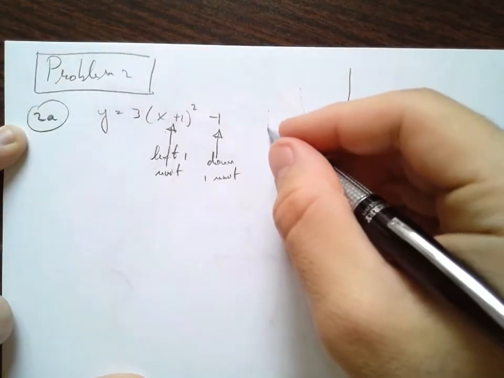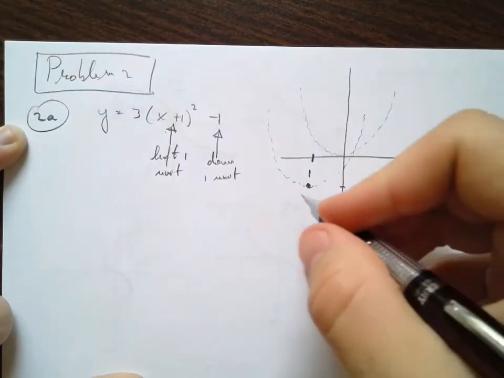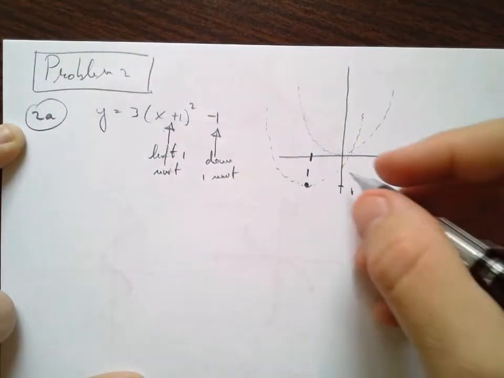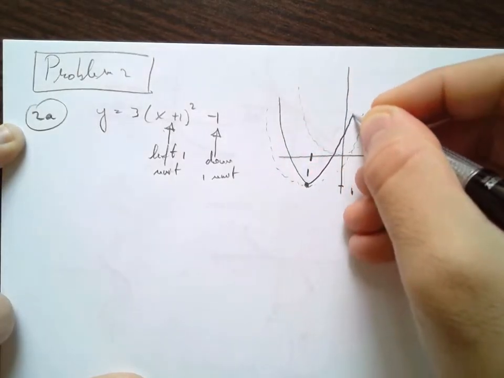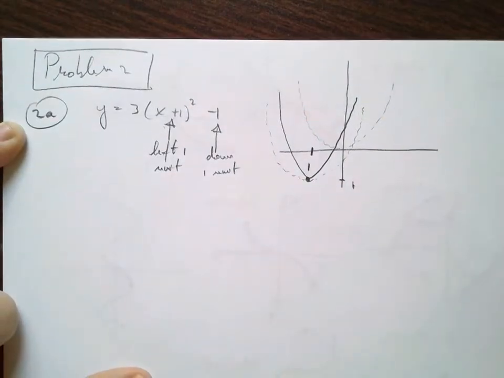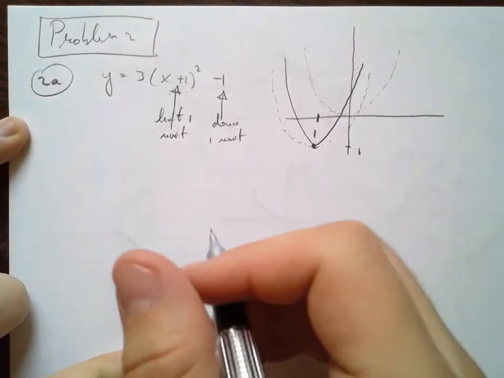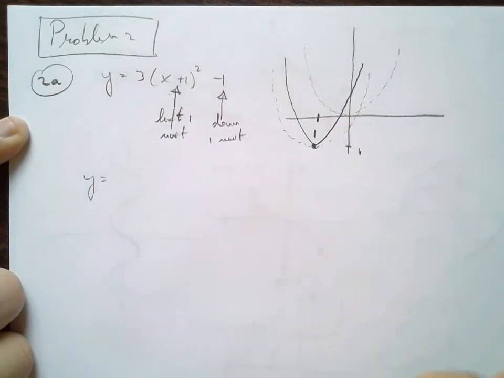Okay, so this would be y equals x squared with those corresponding shifts, but because I have a coefficient of 3, what that's basically going to look like is it's just going to be a little bit narrower, right? Or you can think of it as a vertical stretch. So that's the curve in question. Not the best drawing, but again, we're just looking at sketches here. The second curve that we have to sketch